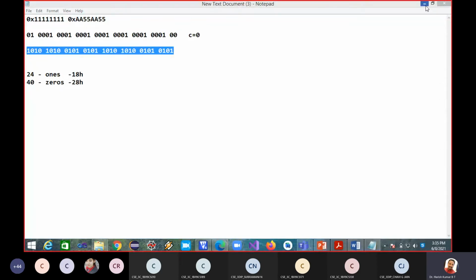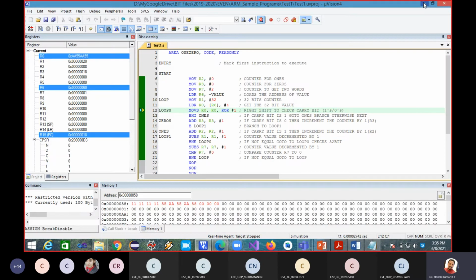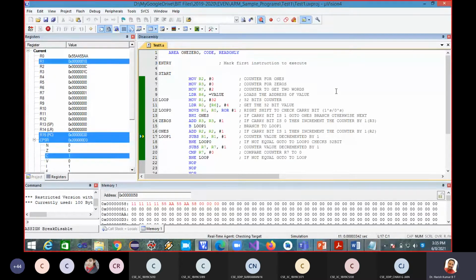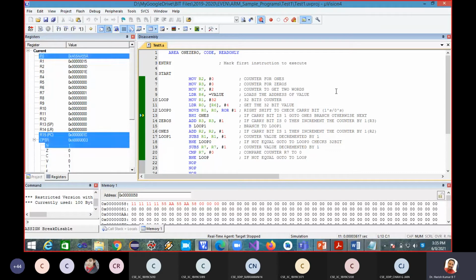I think it is not necessary for me to do 32 times step-by-step execution and show how the shifting rotate right is happening. So keep observing this R1 until it becomes 2 or 3, then I'll slow down the process. And we have the same value which is there in R2 and R3 continuing from this point. Just observe R1, R2 and R3. See, they are incrementing and R1 is decrementing. Based on the value being 0 or 1, we have R2 and R3 getting incremented.